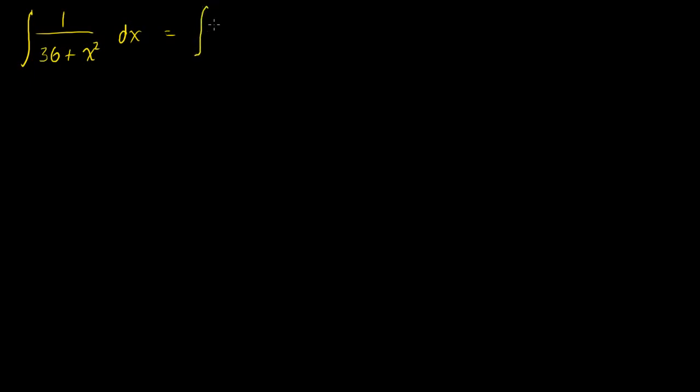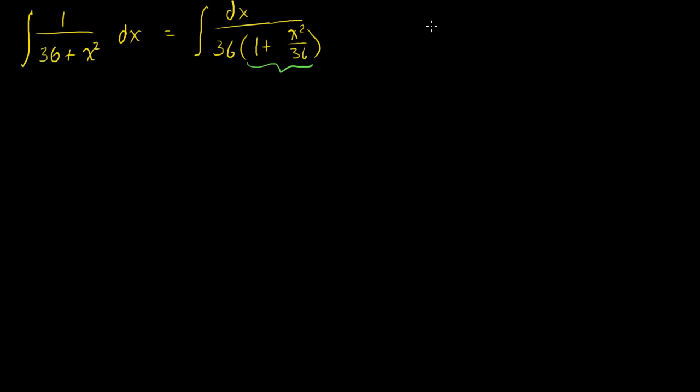So this is equal to the integral of dx over 36 times 1 plus x squared over 36. That's another way to write my integral. Now let's see if any of our trig identities can somehow be substituted in here to simplify the problem. So the one that springs to mind, and if you don't know this already, I'll write it down right here,